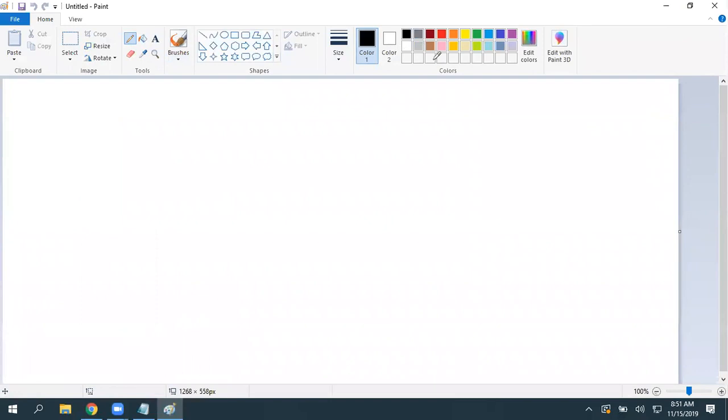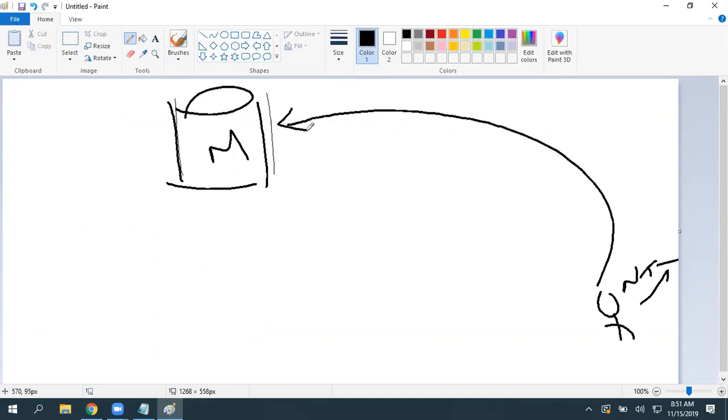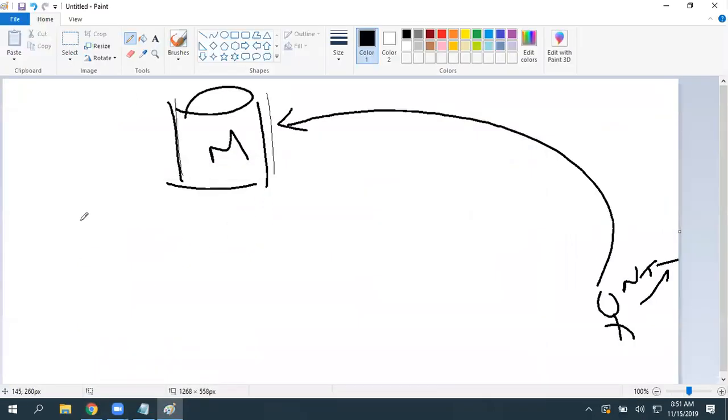My bucket is in the Mumbai region, and I am here in the Naresh IT network. The first test is directly uploading data to the Mumbai region from my currently connected network. Second, it will give the result, and this below one is via edge location.